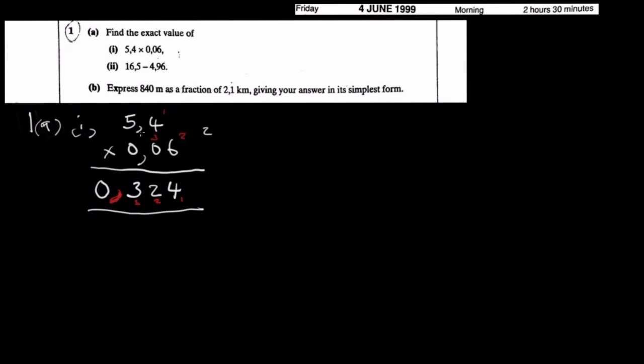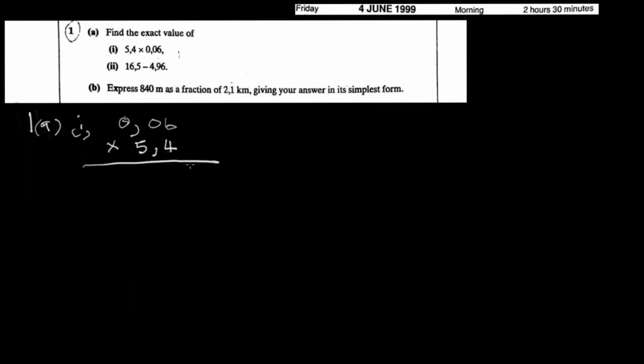Before we move on, 1A part 2, there's something I want to show you. The importance of correctly arranging numbers in multiplication to avoid tedious and long methods. Let us say that we had chosen rather to write it like this: 0,06 multiplying 5,4,